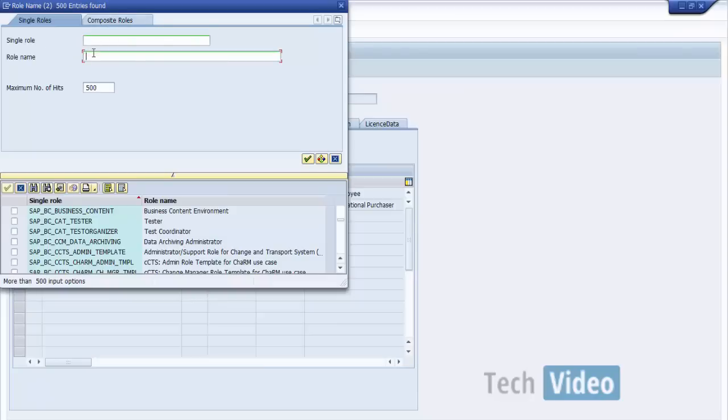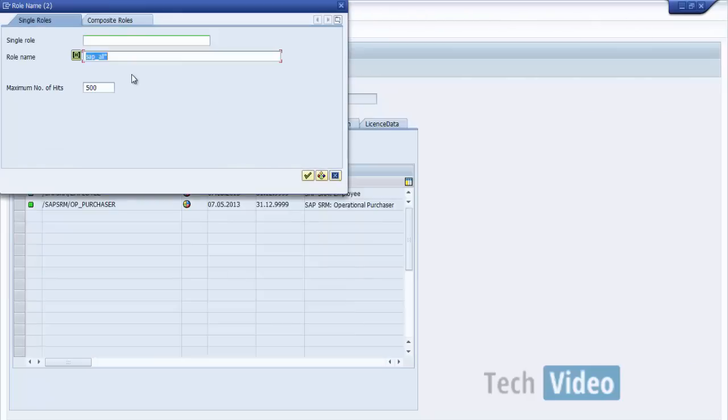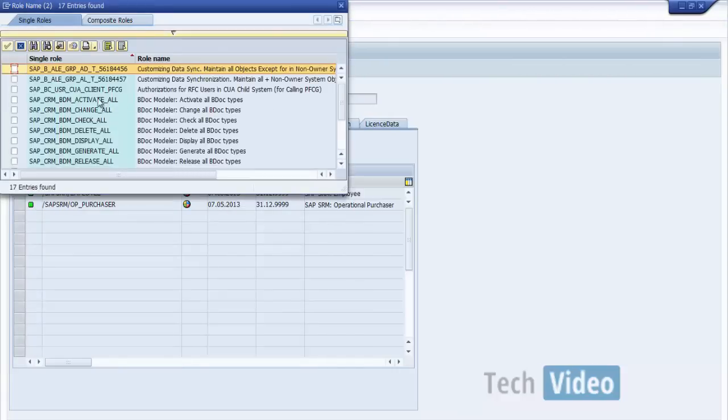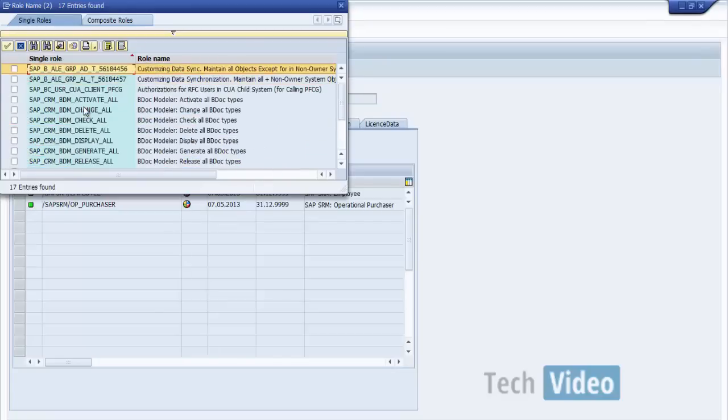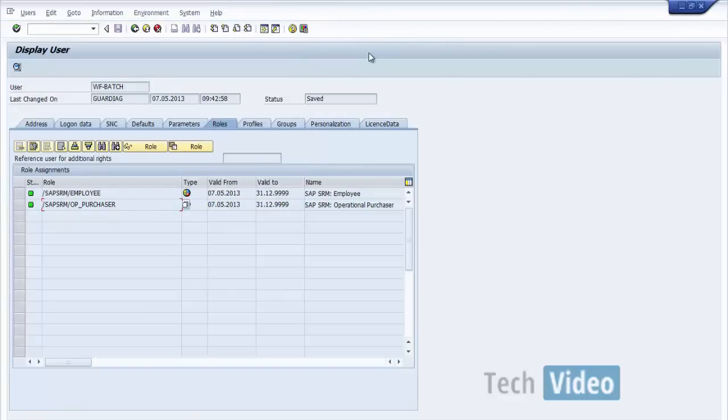Okay, so I'll click SAP, let me just try with all. Okay, so these are the different roles that are there in the system. It will again depend on what are the active ones in your system. You may have to go back and check with your basis person or somebody from the authorization and roles team to assign the SAP all user to this role.